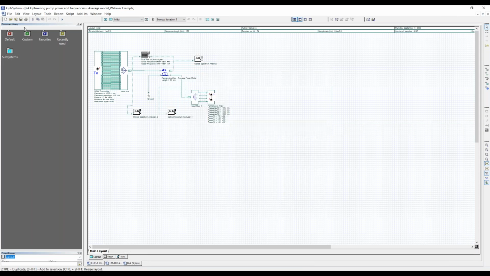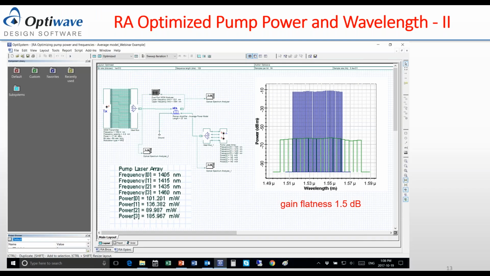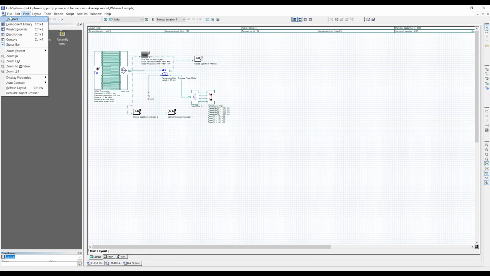Okay, so anyway, we can look into the second example here. In the system examples, it could be that the path is not properly calculated. The output is supposed to have a gain flatness of 1.5 dB. The second example is for broadband backward pumping, which is in this example, where we're supposed to have